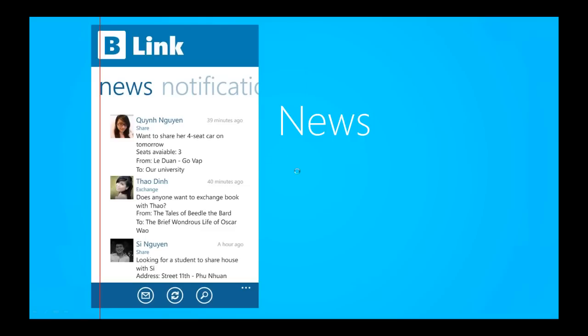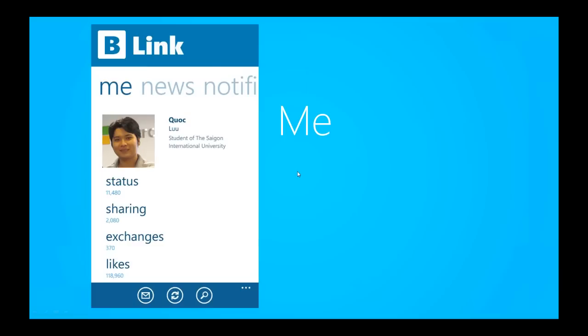So the next pane in this pivot view is the Me page. And this is pretty much your own profile, showing some numbers on how many posts you've had and whatnot, some information about yourself, your username and picture. I wondered if this needed to be in the pivot view, or if it could be in the extended app bar. The app bar down there, you can expand it and include more text links underneath, and that's a great place for